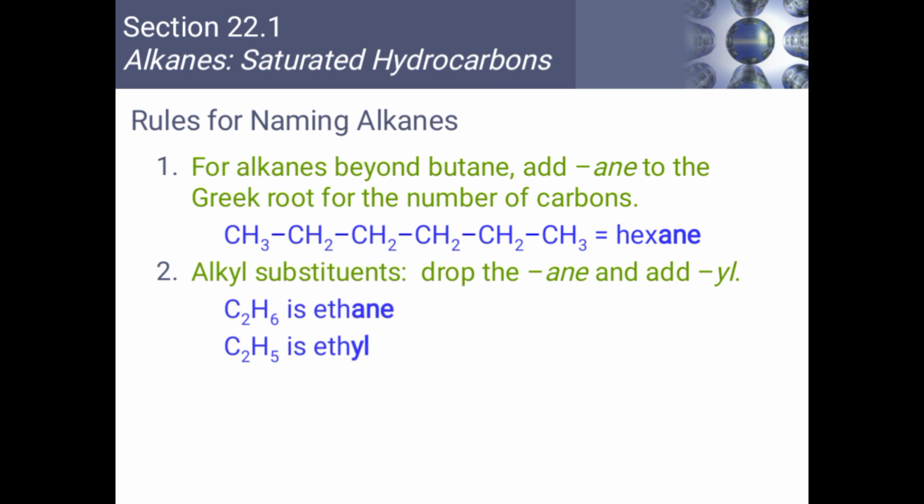So look at this one, the first one here. The first one here we have 6. 1 2 3, 1 2 3 4 5 6. So we have hexane, and then alkyl